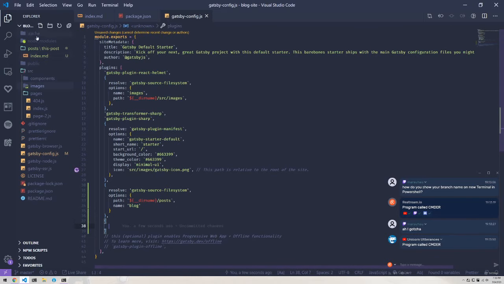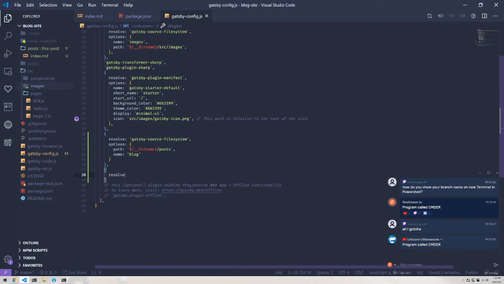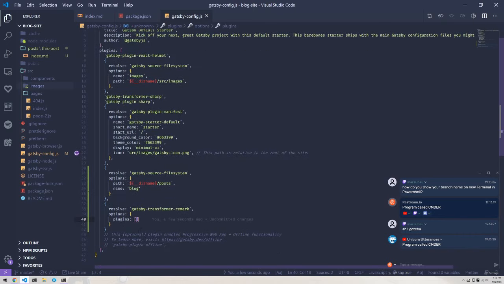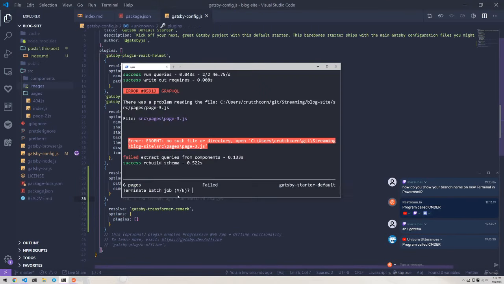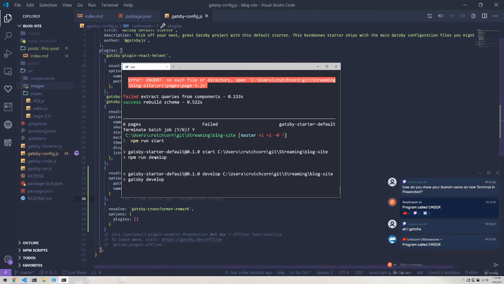So now that we have the items in blog recognized, we now want to handle them as markdown files so that we can utilize their information later. gatsby-transformer-remark with options of plugins with an empty array. So just as we have plugins to Gatsby itself, we have plugins to the remark plugin. So what you can do is you can have images changed in a certain way. We're not going to touch any of that today just because it's kind of a pain, but we can do that. So now, we restart our build because we've edited something at the base,